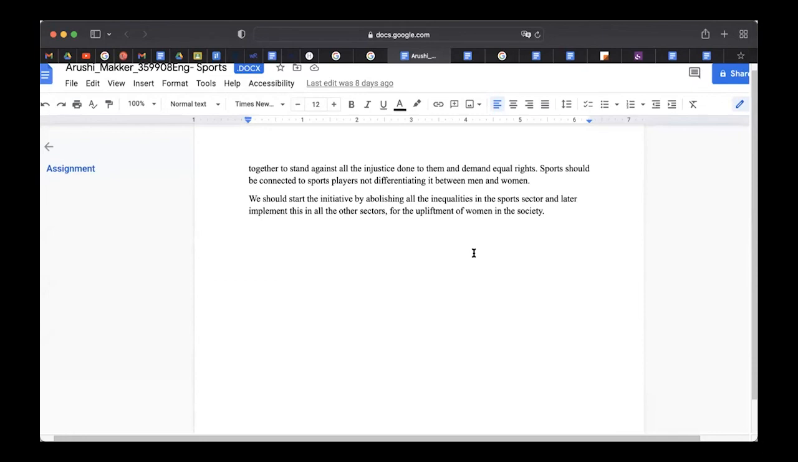Inequalities by law have already been abolished, but it's the mindset that has not changed. So abolish is definitely the wrong verb there. We should start the initiative by thinking about the inequalities that exist in the sports sector and implement the changes further in other sectors to ensure upliftment of women in the entire society. Add it with something broad, I would say yes. But yes, that's how I think